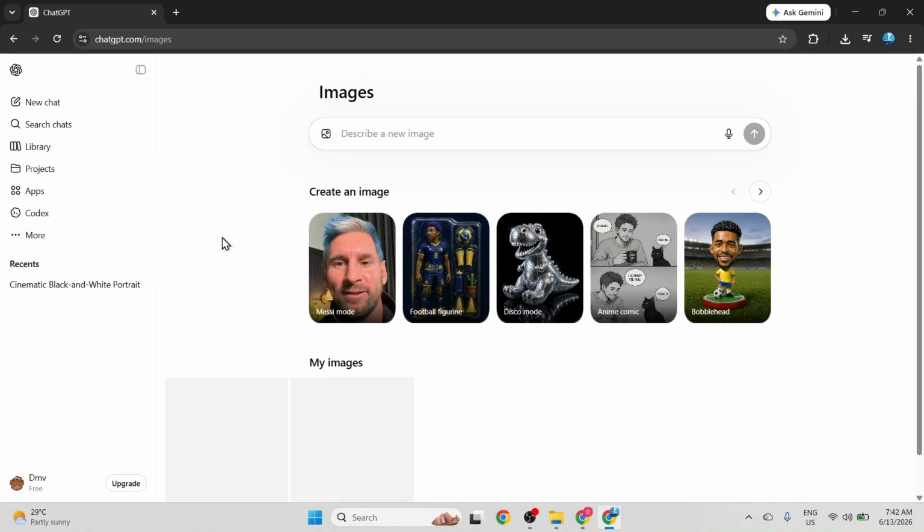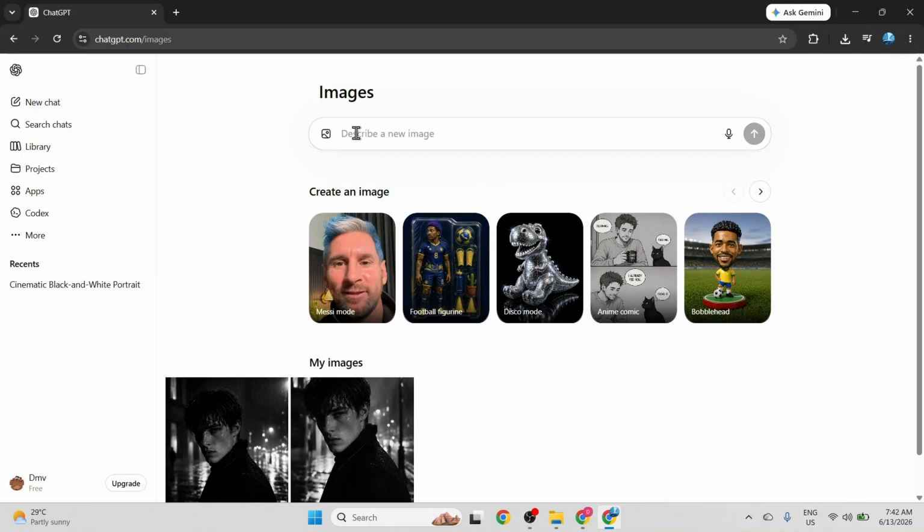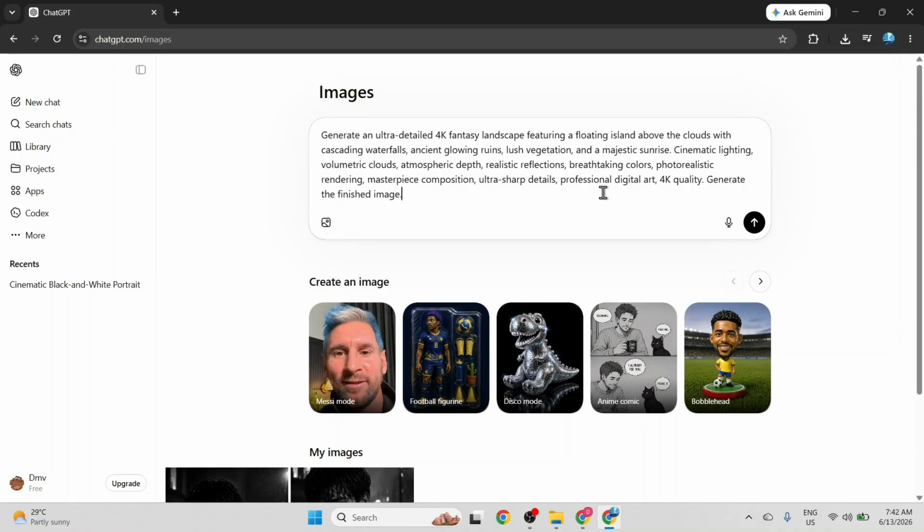Once inside the images generation interface, I type a detailed prompt inside the text box to create a high-quality 4K fantasy landscape image. I request an ultra-detailed scene featuring a floating island with cascading waterfalls, ancient glowing ruins, and a majestic sunrise. I also specify technical parameters such as volumetric clouds, sharp details, and 4K quality to ensure a high-definition